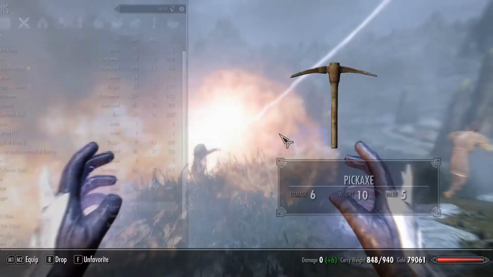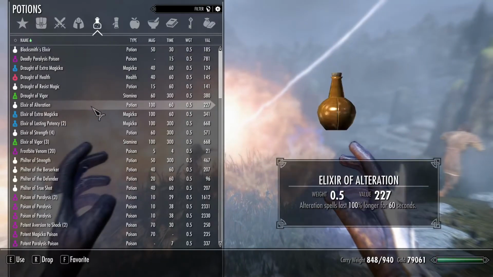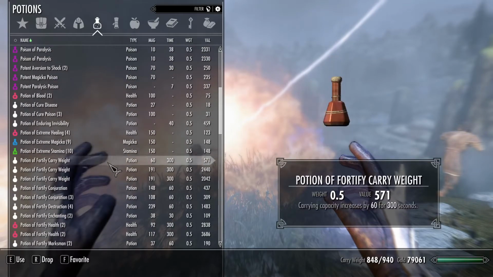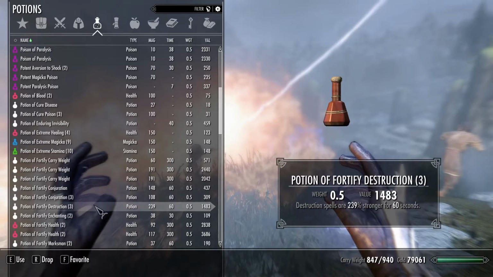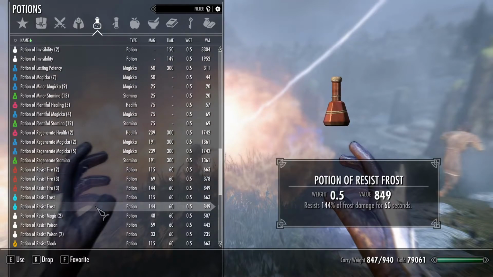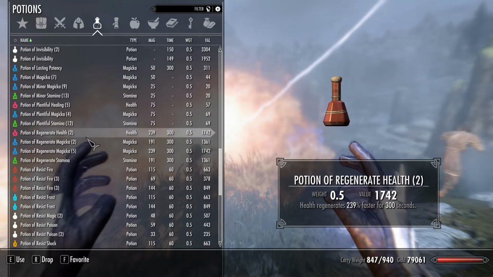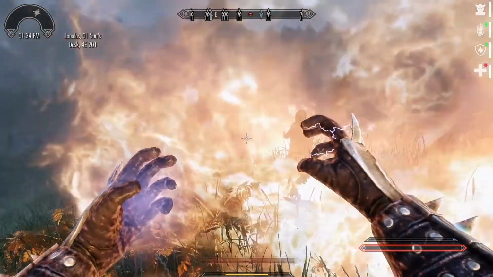Okay, I have the solution for you. It's called potions. This is why I love being really good at doing potions. We're going to take a potion of Fortified Destruction. He's breathing fire, so we're going to take our really good frost resistance one. 115% would be really good. We're going to regenerate our own health. Probably won't need to do that, but...